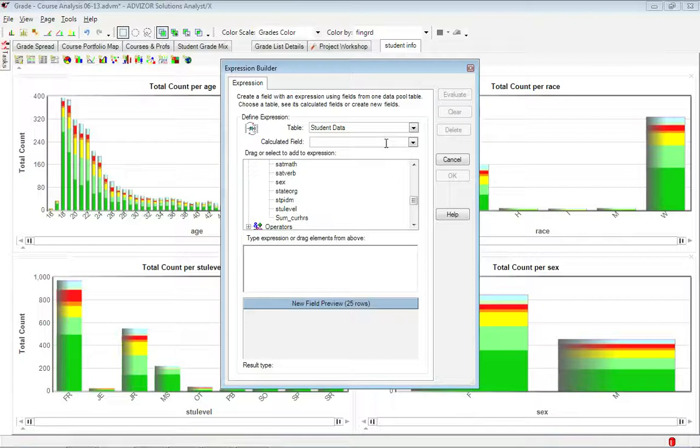So in here, what I want to say is we're going to call this ordered level. And I'm going to create an if statement that says if the student level equals FR, then 1 FR, else